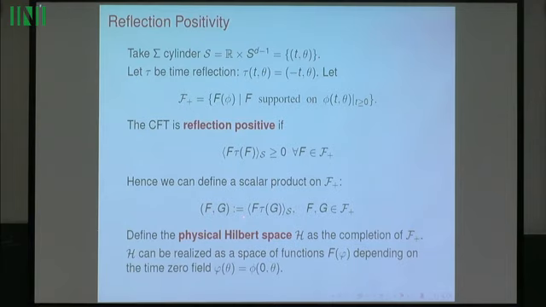What is this notation, tau of F? Okay, tau is the reflection in time. It extends to the fields, so tau of phi is phi at minus t, and then it extends to functionals of the fields in an obvious way. If I have a functional of the fields which depends on the fields at positive times, then tau of the functional depends on the field at negative times. Maybe it's a bit too shorthand notation, but yes.